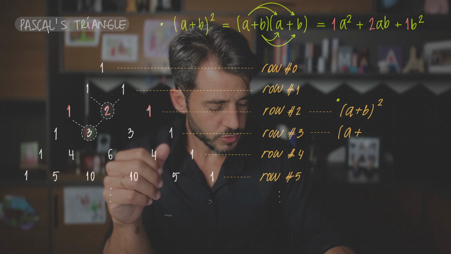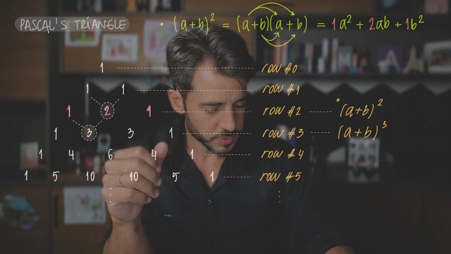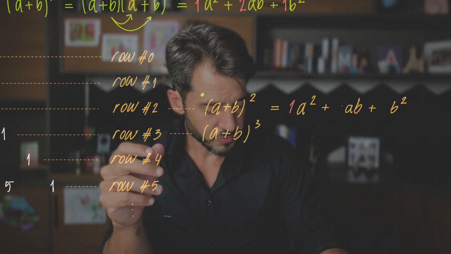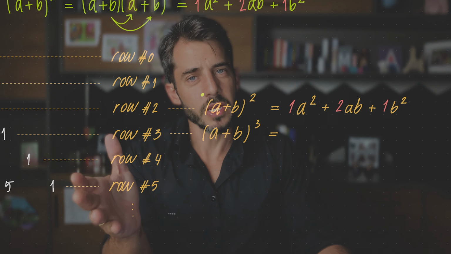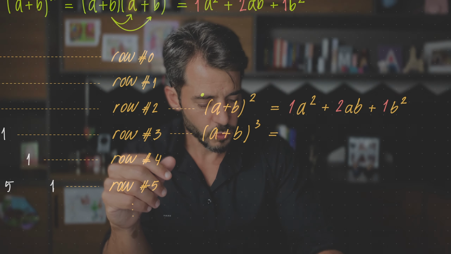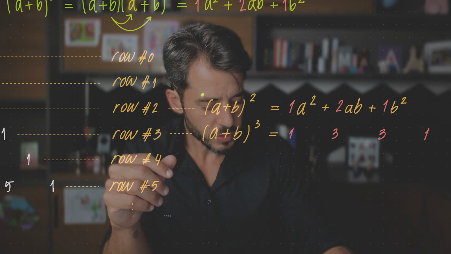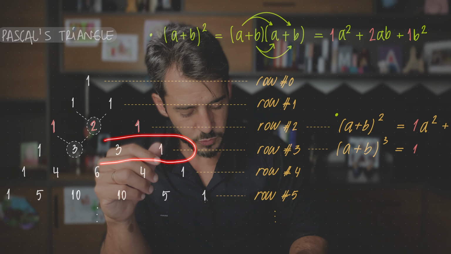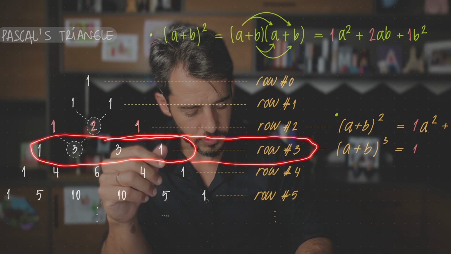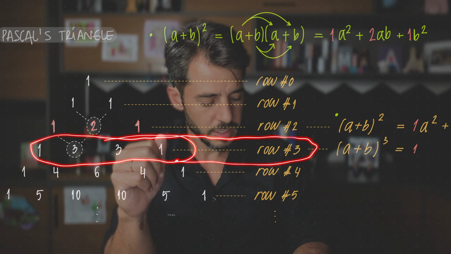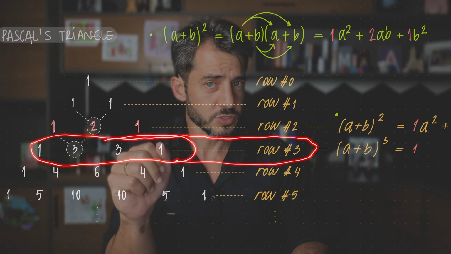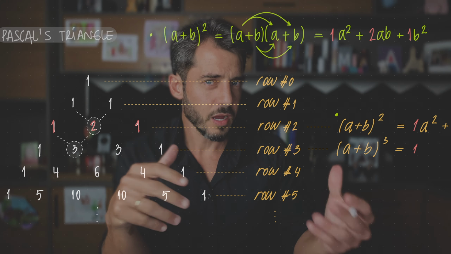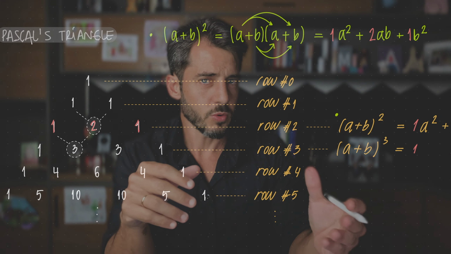So if you were to expand (a+b)^3, instead of getting the coefficients 1, 2, and 1 over here, like we did for (a+b)^2, we would have the coefficients 1, 3, 3, and 1, as we see in Pascal's triangle. Now, for reasons to be mentioned in a minute, this solves the problem for the coefficients, but it doesn't address how we can write or lay out the